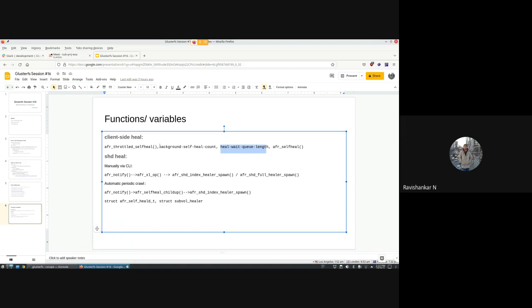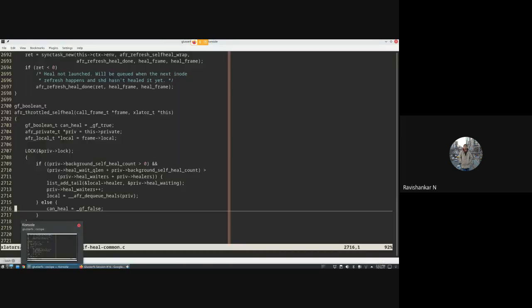Once the ongoing self heals out of the 8 complete, new elements will be dequeued from the queue, and finally heal will be called on them. So AFR self heal is the final point for all these functions. It's the entry point for the self heal, irrespective of whether it is called from the client side or from the self heal daemon. Anyway, we'll just go to the throttle self heal and see.